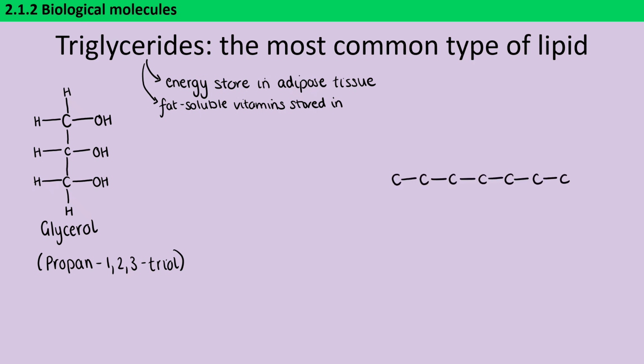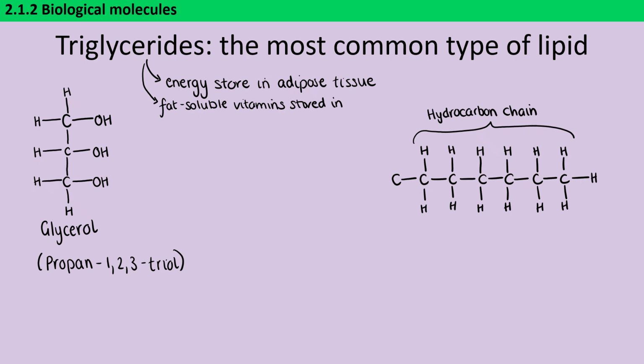So to start drawing a fatty acid, you're going to start off with a long chain of carbons, and then around most of those we're going to add hydrogens to just make basically an alkane. But you can see we've got one carbon left on the end which does not have hydrogen surrounding it, and that's going to be part of a carboxyl group. So this is the functional group of a carboxylic acid, if you took GCSE chemistry, triple science, or if you're